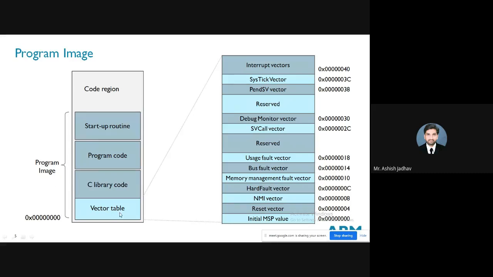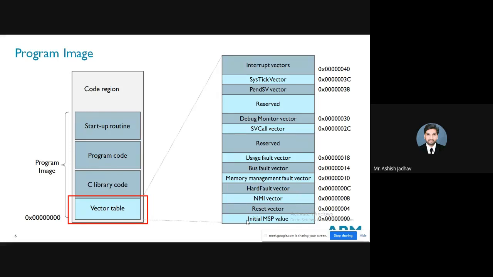Now let me talk about this program image. This program image has several parts. First of all, we have this vector table, and whatever size is available in this vector table, we have assigned some values, and I told you about the vector table as well.